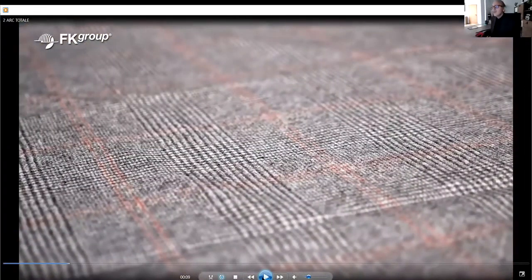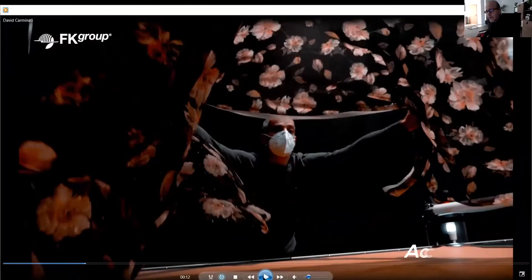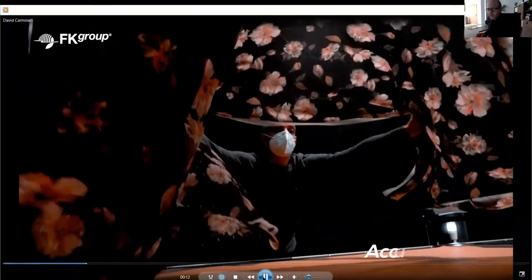One solution for many problems. Checks, letter, panel. Checks, letter, or panel with one machine, one software, you solve any.